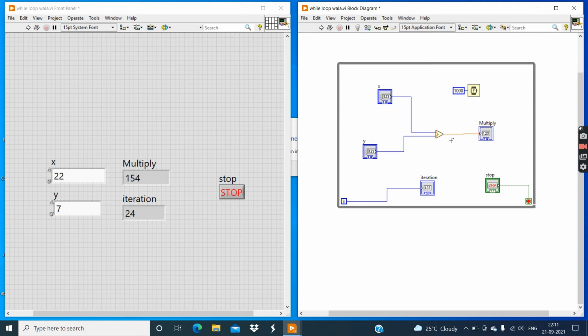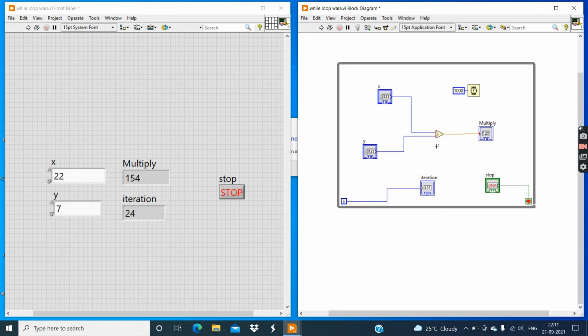This red dot is called a coercion dot. Whenever we try to connect two different types of data, this type of dot occurs, and we know that whenever we divide two numbers, we will definitely get a result in point values.